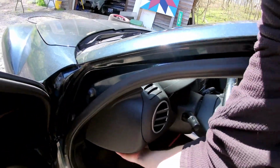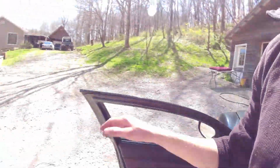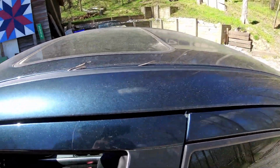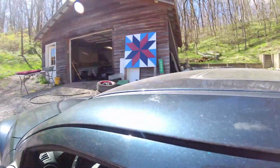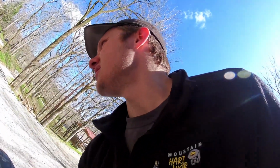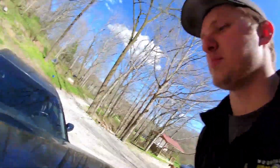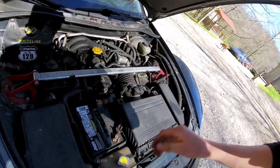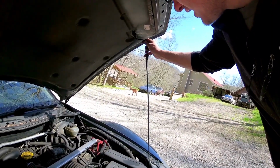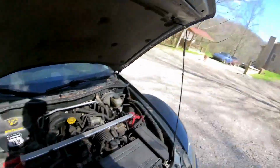We'll pop the hood for you, if I can remember how to do this. So, it's dirty, but Nordic green is a super beautiful color. I don't know if the camera does it any justice, if you can see the sparkles in the camera, but it's sick. Alright, so, remember how to pop the hood. I've got to hold my camera with my head while I put this up. Alright, so